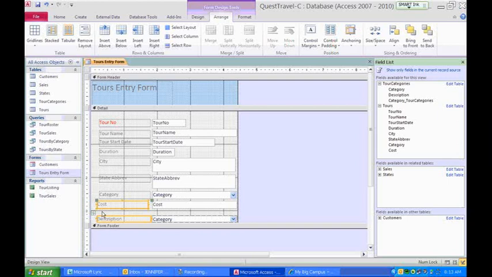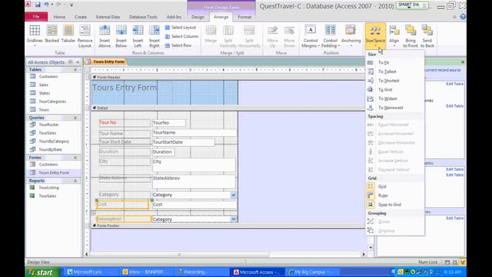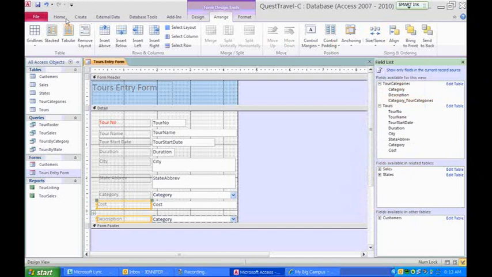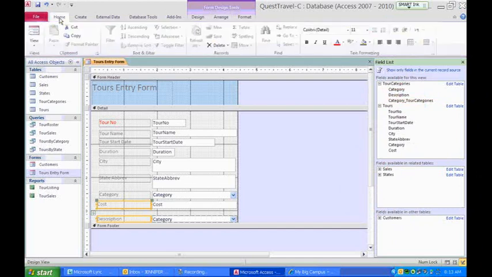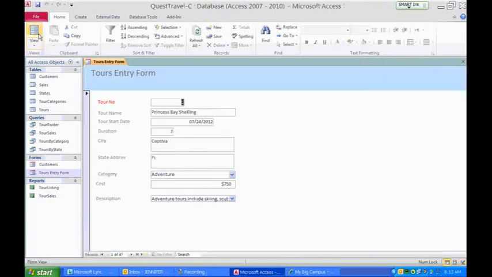Okay, with the two labels still selected, we're going to click the Size Space button right here, and we're going to click to widest. Now we're going to click the Home button, and we'll go to View, and this switches back to Form View, and it shows us what it looks like. Then we're going to click New Blank Record, and we're going to click the Tour Name text box, and we're going to enter a new record,